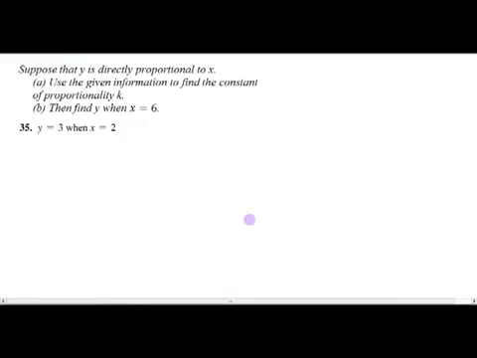Suppose that y is directly proportional to x. We'll use this given information here to find the constant of proportionality k. Then we'll find y when x equals 6. So for the first part,